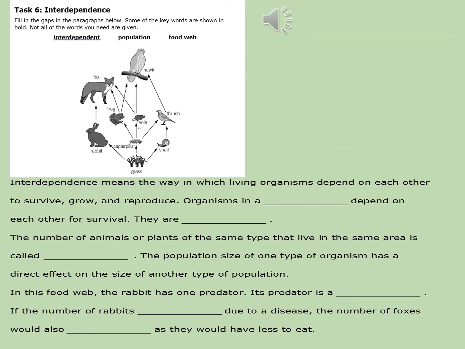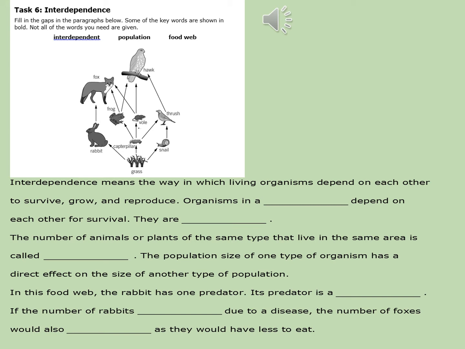This task is just to help you identify what the word interdependence means. So, have a look. Fill in the gaps in the paragraph below. Some of the keywords are shown: interdependence, population and food web. But not all of the words are there, so you may have to think of your own words that would fit into this sentence. Interdependence means the way in which living organisms depend on each other to survive, grow and reproduce. Organisms in A depend on each other for survival. They are